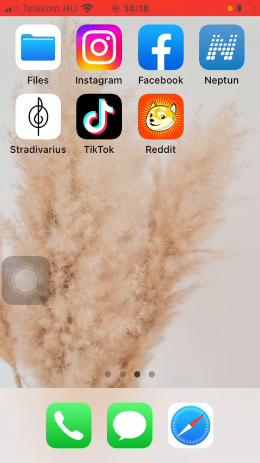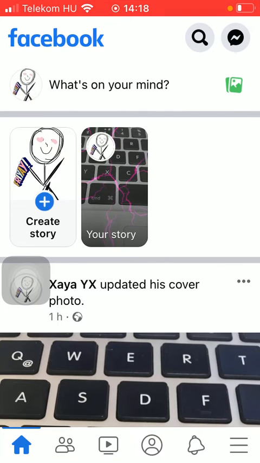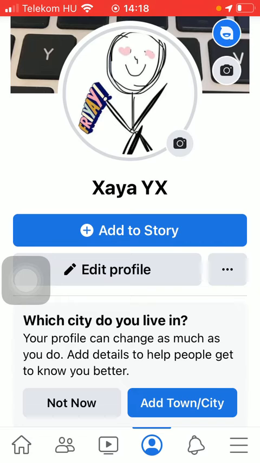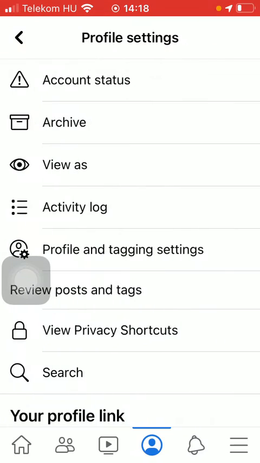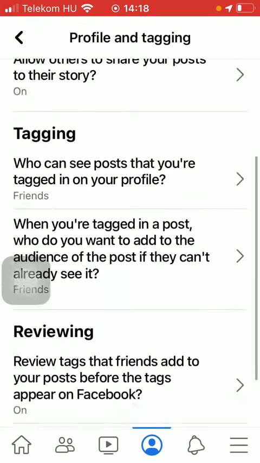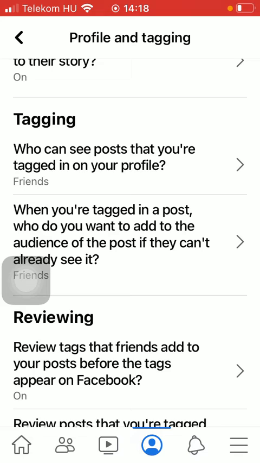First of all, open the application on your phone. Tap on the profile icon down below, which is the fourth option. Then tap on the three dots icon next to the edit profile button. Click on profile and tagging settings. Scroll down till you find this tagging